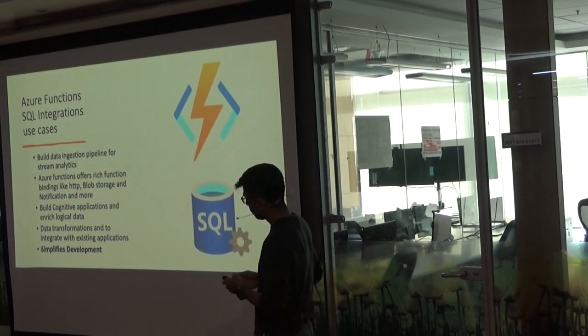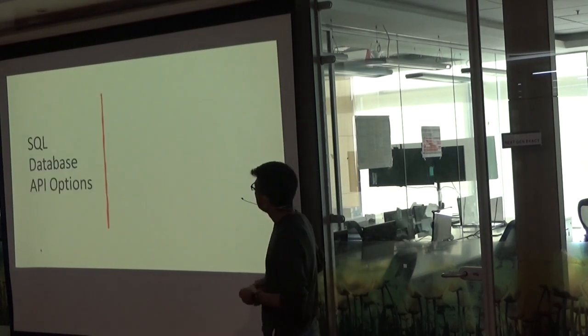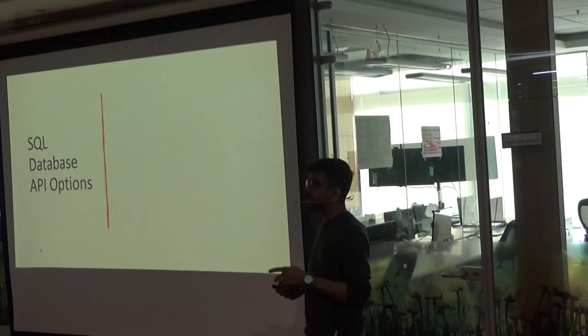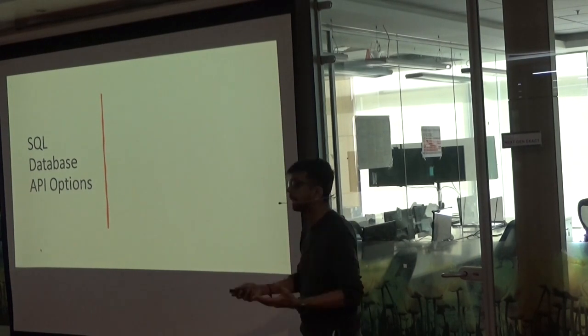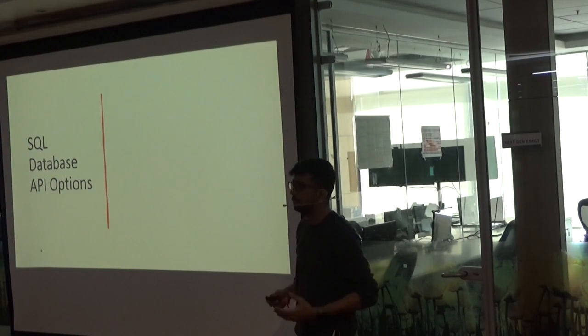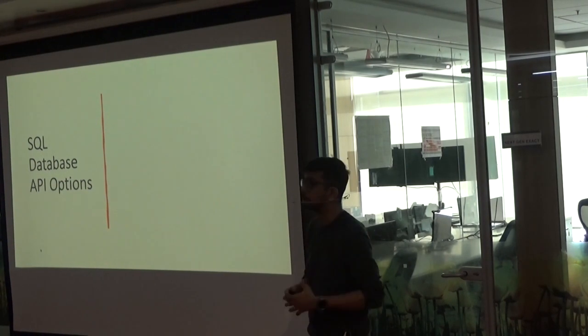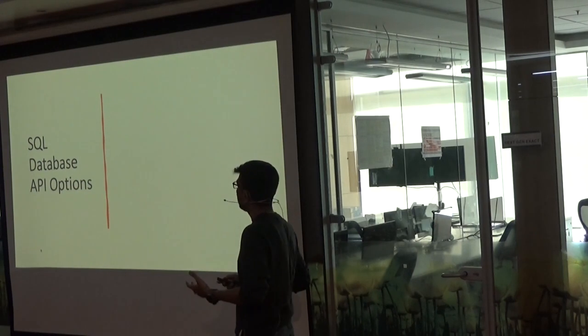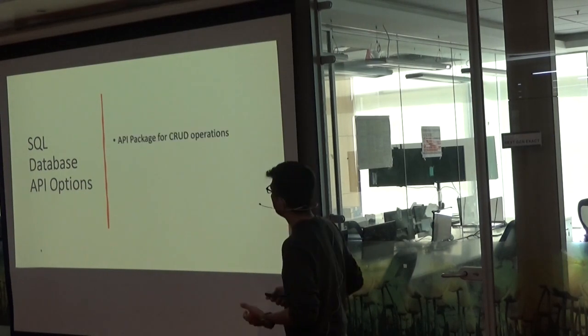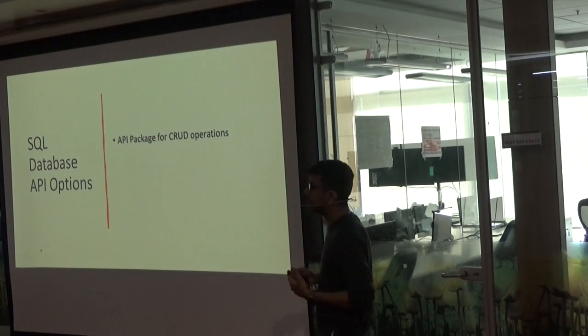So those are some of the use cases that we have. And most of the time, what do we do? For the demo's sake, what I've taken is I want to build an API on top of SQL Server, using Azure Functions and SQL bindings. So the SQL database, as I said, is always there, and people have built APIs enough. And some of the common things we have usually done: